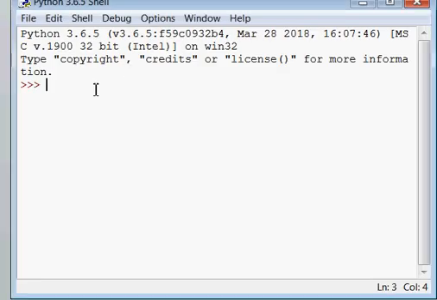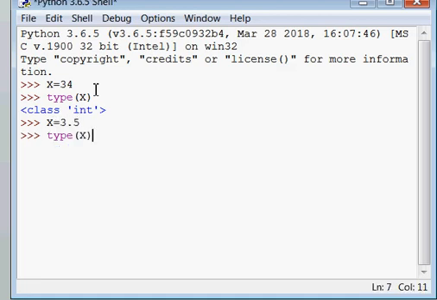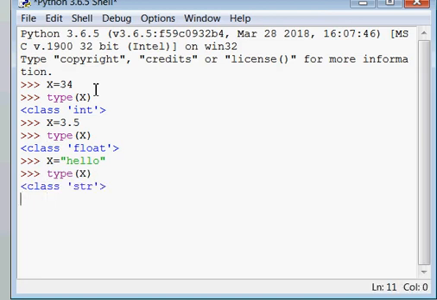So for dynamic typing, if I give x equals 34 and then you want to check the type of x by saying type, it will give integer. Again, if you say x equals 3.5 and then check type of x, it will give float. Next time if you say hello, then it will generate type of x as string.